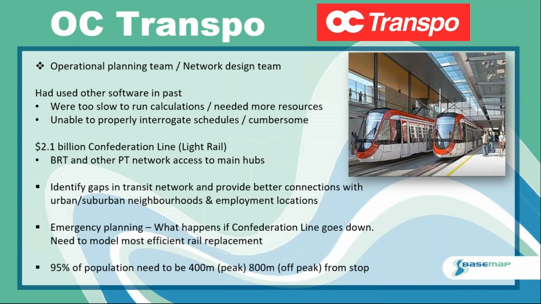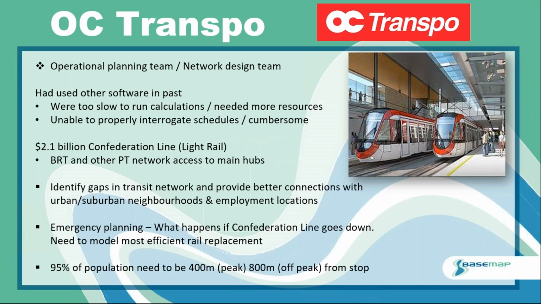And they wanted to be able to identify gaps in the transit network and provide better connections with urban and suburban neighbourhoods and employment centres. But also, as important, if not more importantly, was emergency planning. If the Confederation line goes down, they needed to be able to model the most efficient rail replacement. And this is where TRACC's ability to edit the public transport network allows them to run what-if scenarios to look at the most efficient way